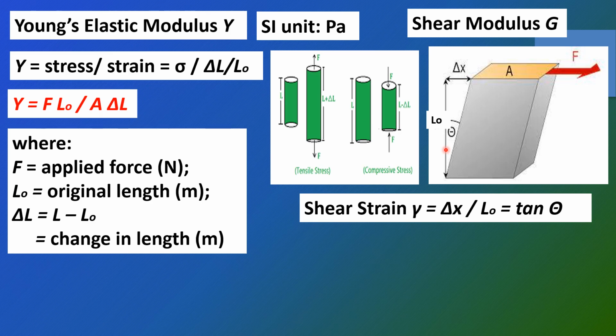When you say shear strain gamma, it's just equal to the displacement delta x shown in this illustration divided by